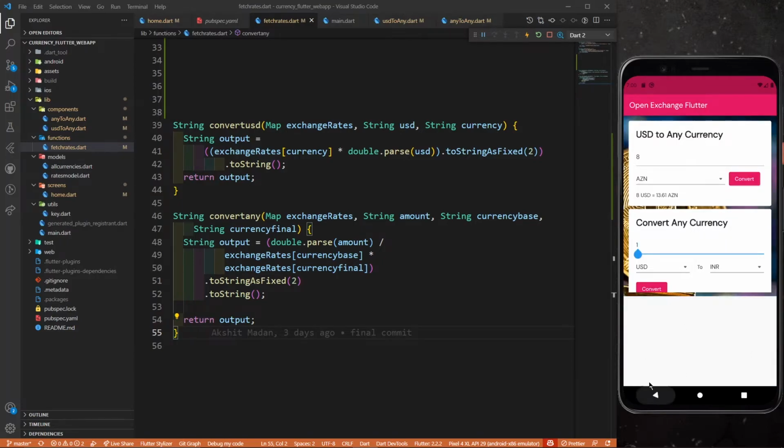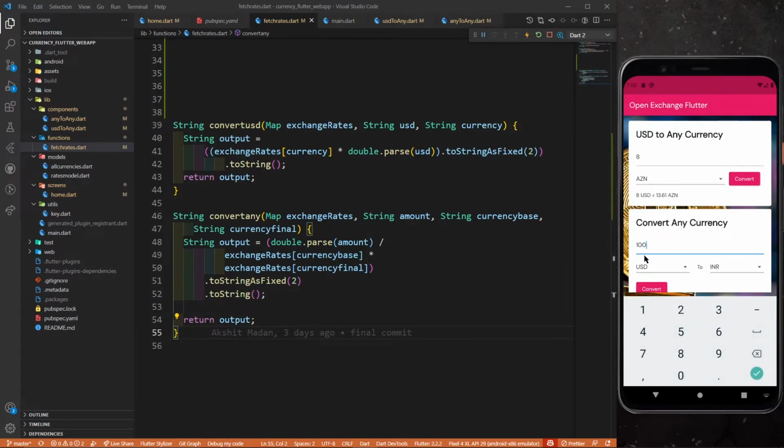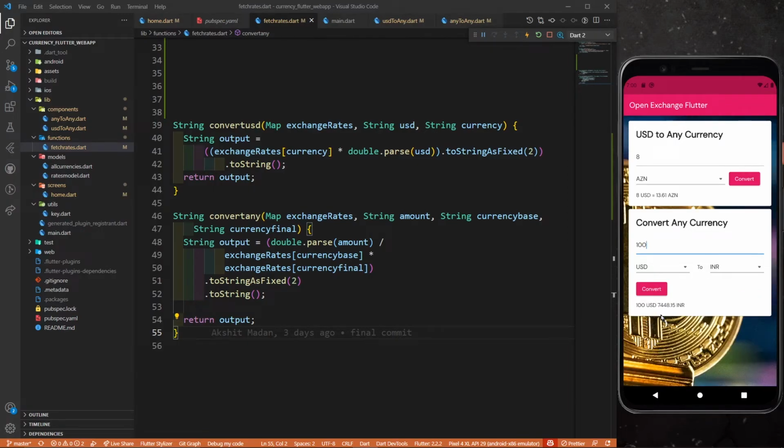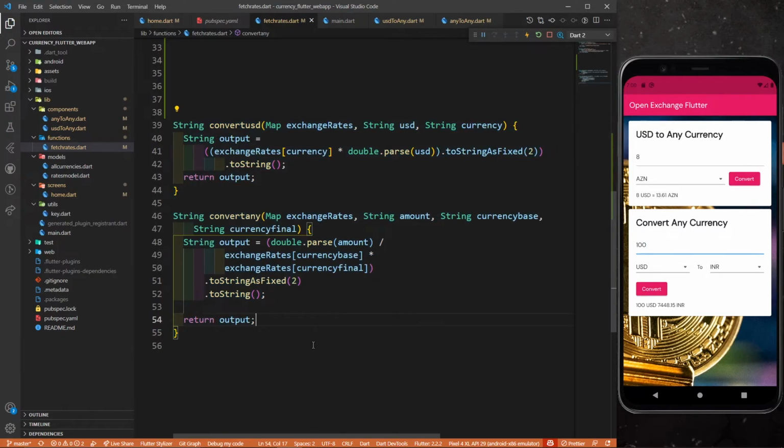So let me just convert it. So one US dollar is 74.48 INR. Perfect. So this is, let's convert 100 USDs. 7,448 INRs. Perfect. So this is how you have to write the functions. And this, nobody can teach you. This is simple mathematics and you have to decode it by yourself.